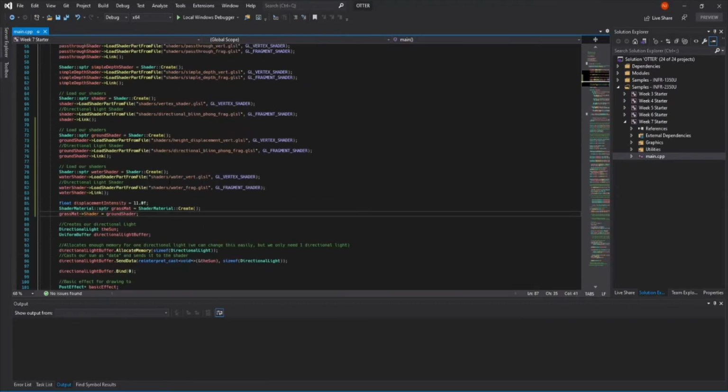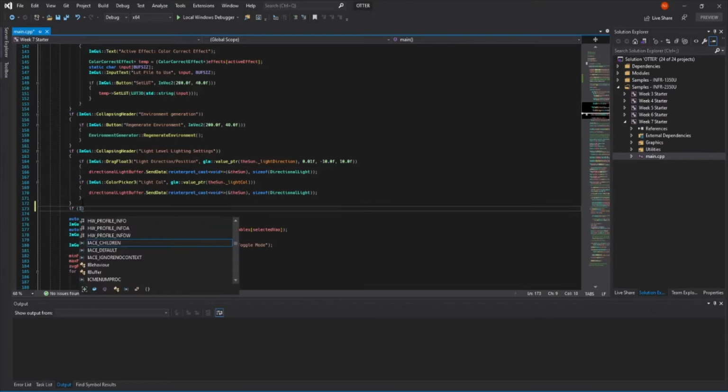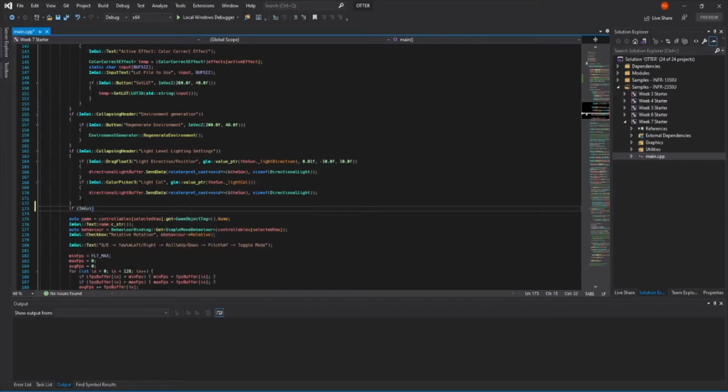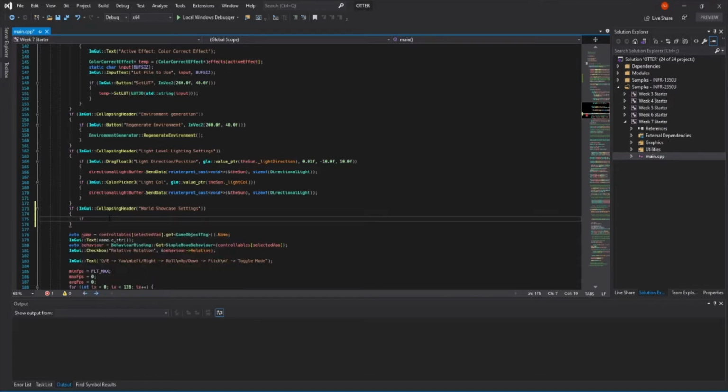So we're only gonna be working with the ground shader first because I want to show you the progression of the scene as it slowly gets better and better. So if ImGui header world, if ImGui